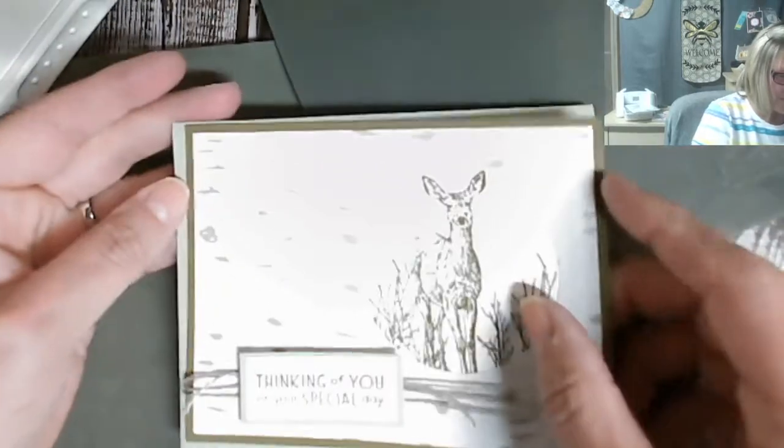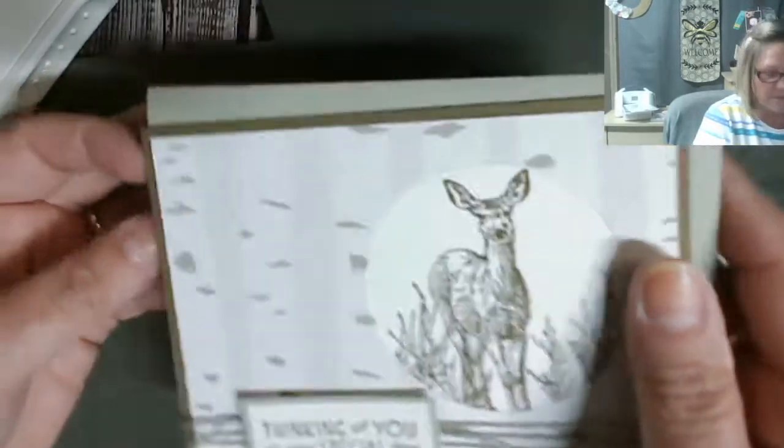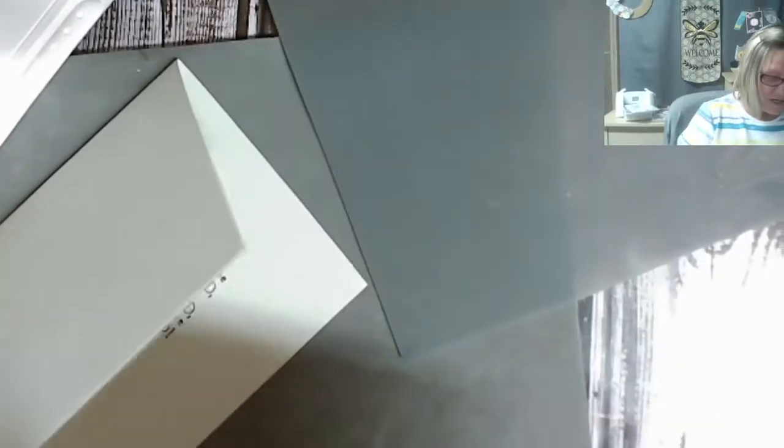And yep, I did it again, so I'll be putting something on the inside. Remember when I stamped the trees and I did them the wrong way? I did it here. Okay, I'll put a piece of white on the inside,